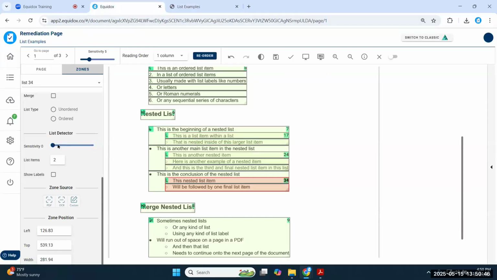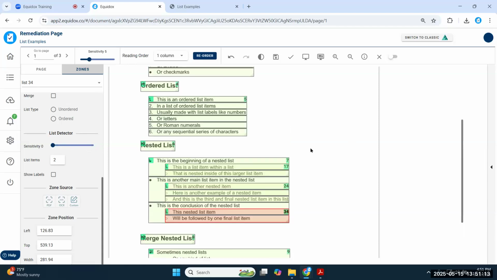There are other list detection settings. So you have like 5 different settings, and settings 2, 3, 4, and 5 all use artificial intelligence. It's just different variations of an algorithm. You don't have to do all the mathematics that are going on behind the scenes. The slider's handling that for you. But if you don't get the perfect result with the second setting, try the third, try the fourth, try the fifth, see which one works best for that particular list.